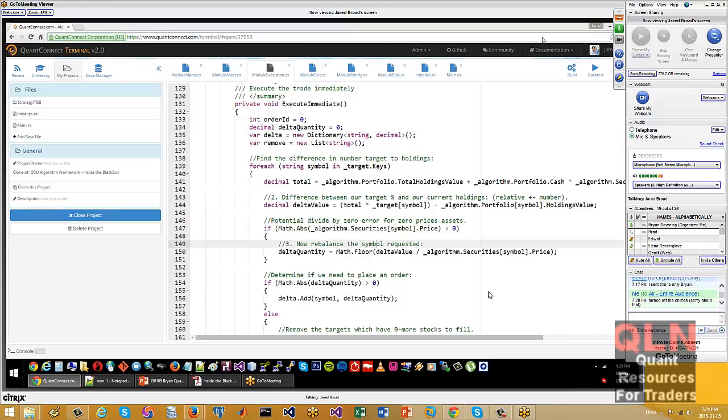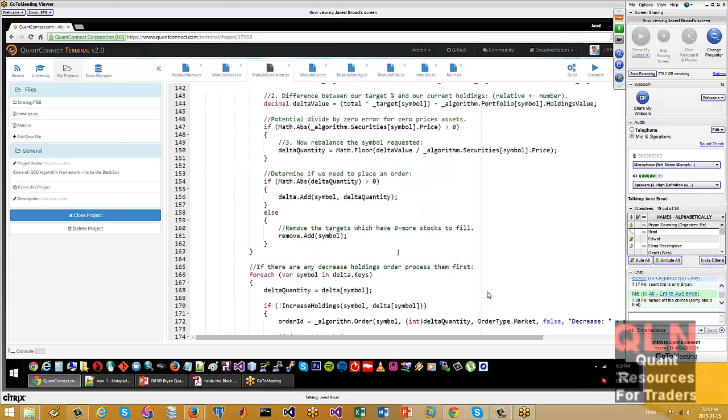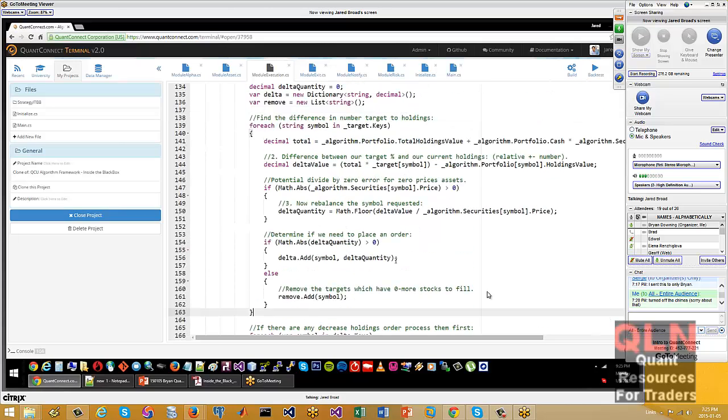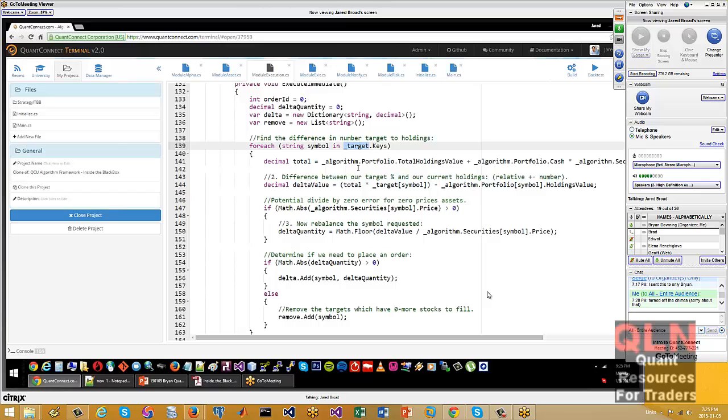So it's a little bit more complicated than you think. If you have a portfolio already and you're 100% long S&P and you want to go 100% long Apple, you need to scale down your S&P and scale up your Apple. As a human, that's very easy to do in your head, but for the code, we need to do a few things before we can get there. First we go through our targets, where we want to be, and we look at the difference between the target and where we are now.